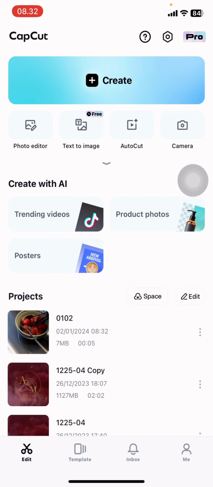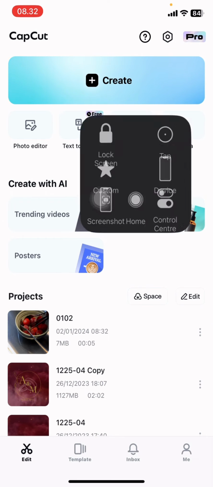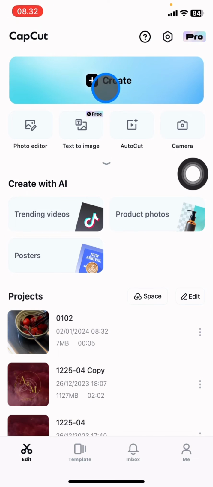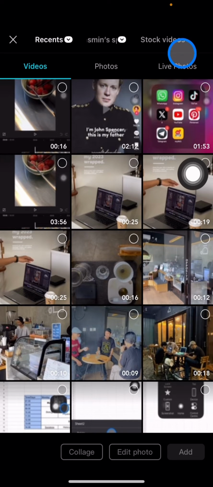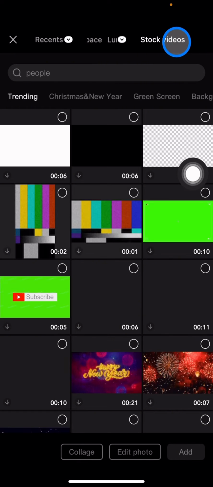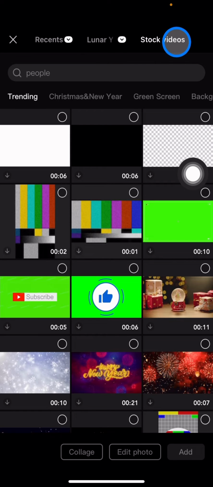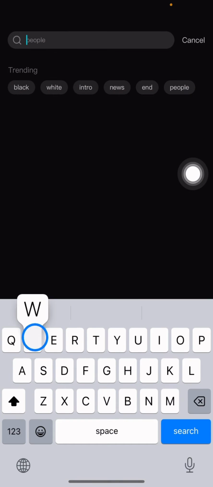So the things that you need to do, just open your CapCut, and after that let's create a new project by clicking this part. And after that you just need to click stock videos. Since I don't have waterfall videos, I will use a stock video, and it's in the search button. You just need to type waterfall,